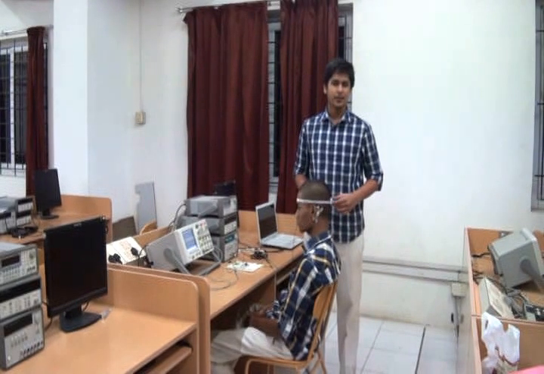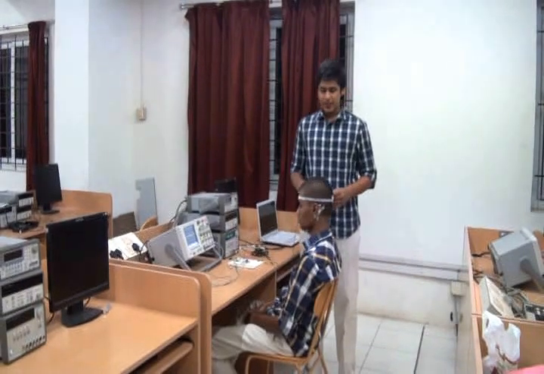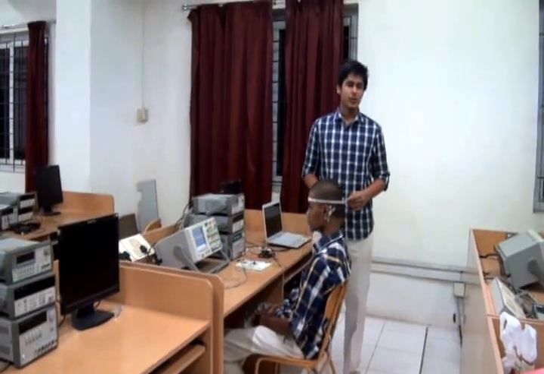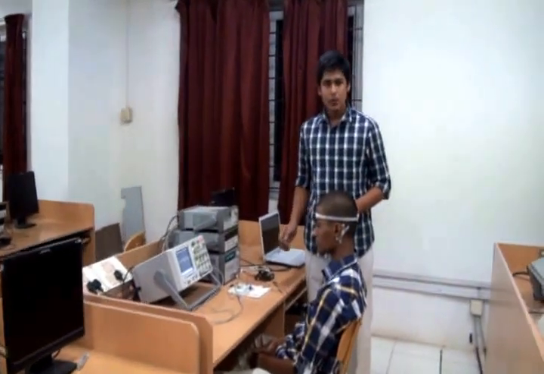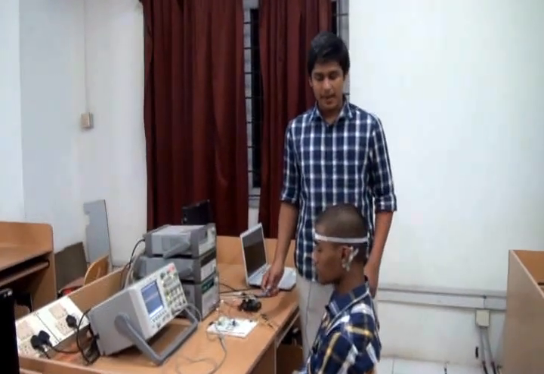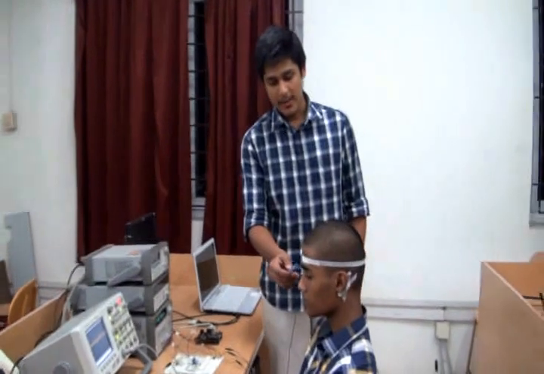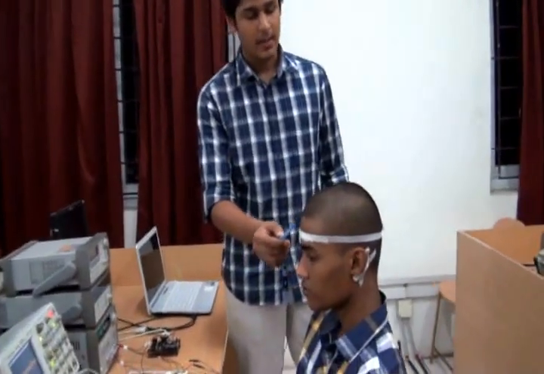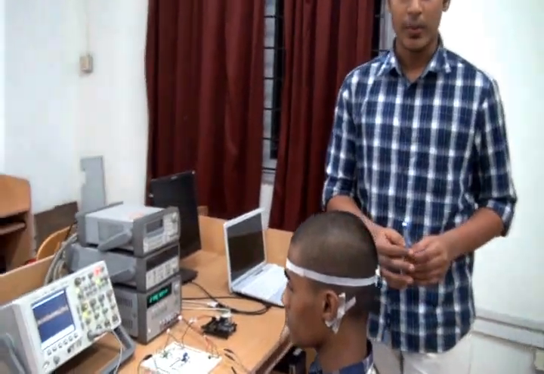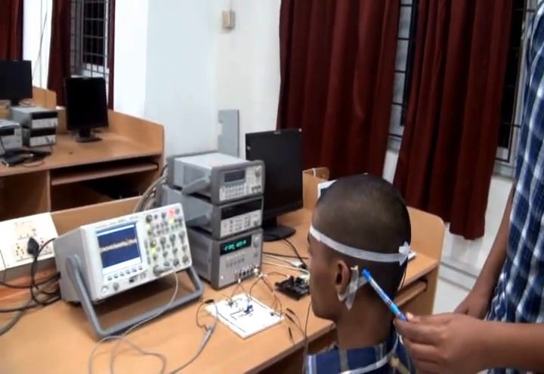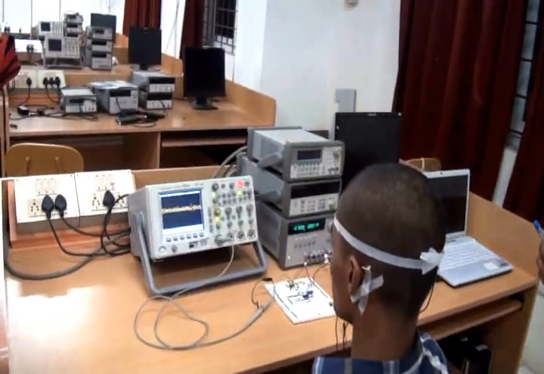This is the basic setup of our project. The EEG waves from the brain are acquired through electrodes which are placed in the conventional 10-20 system. The differential input to the instrumentation amplifier is obtained from electrodes which are placed 1 inch above and to the right of nasion and 1 inch above and to the right of inion. The third electrode, which acts as ground, is taken from the mastoid, which is right behind the ear.